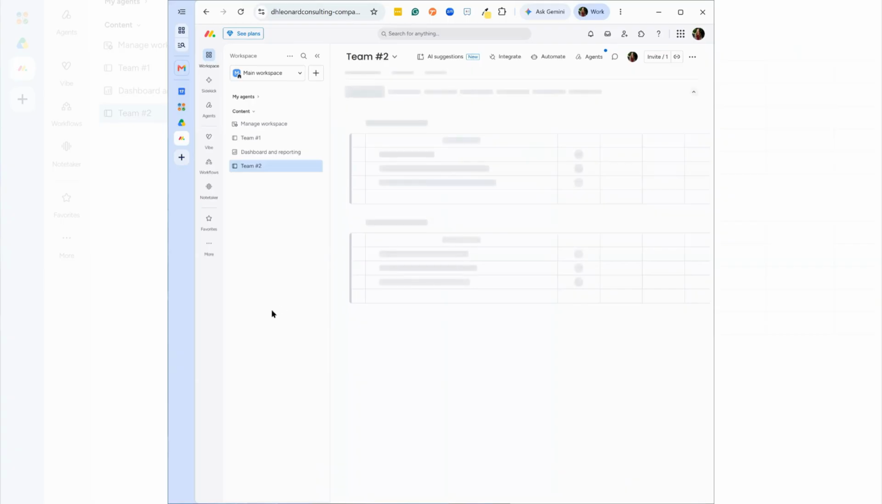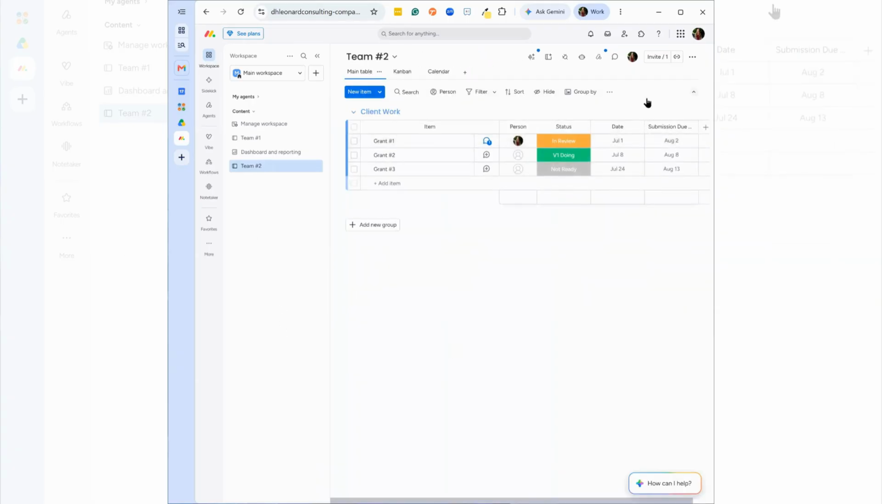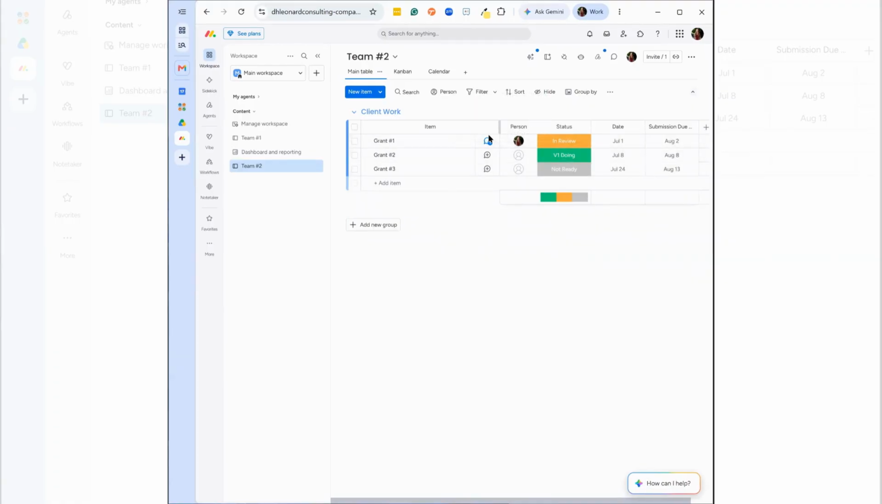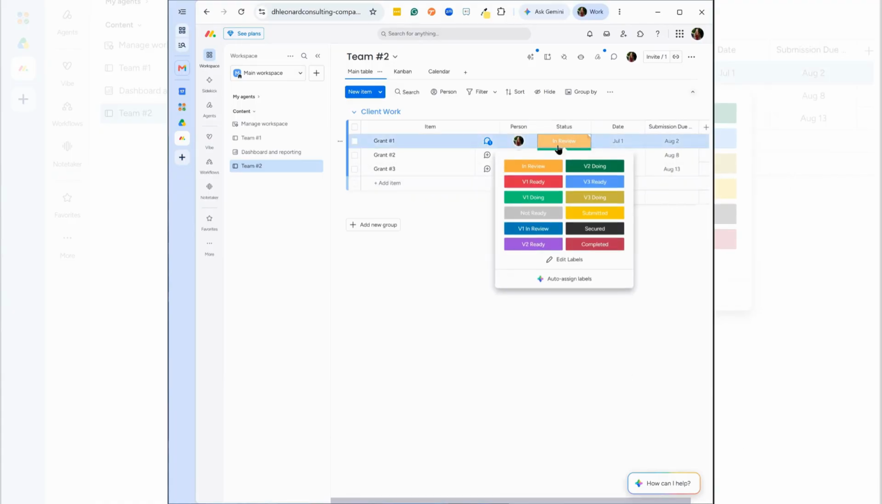Team number two is a little different, and we have set that up more like a grant process. So in here, you can see that they have it where you can see the comments, the due date, the submission date. So that's pretty clear to the team also. And their statuses are more of the 1, 2. So the one whole story is moving through all